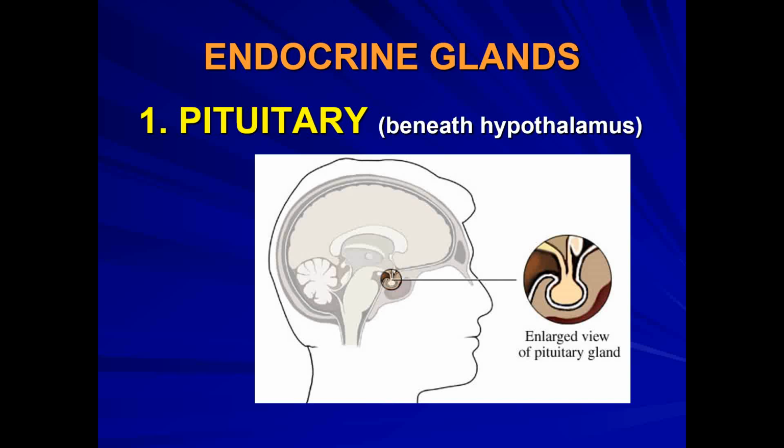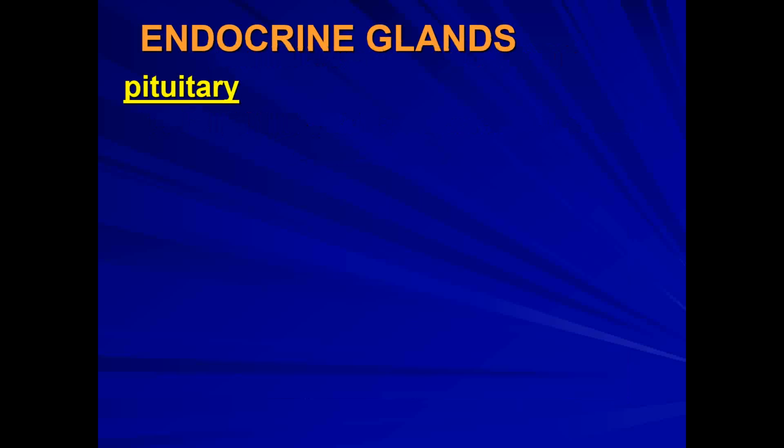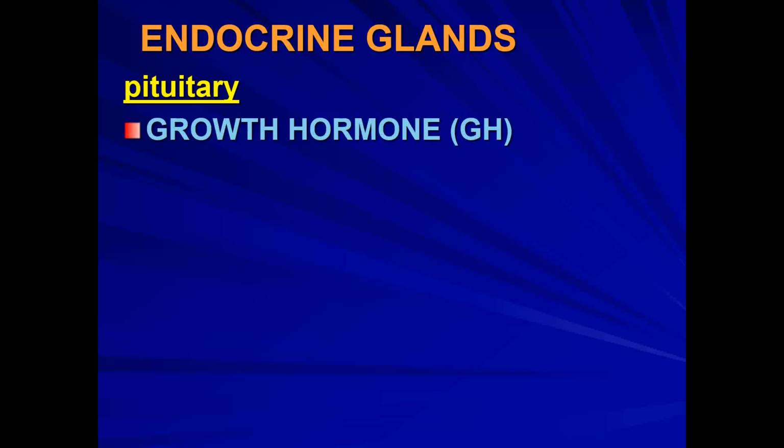The pituitary gland is often referred to as the master gland in the body because it not only secretes lots of different hormones, but it secretes hormones that control other endocrine system glands as well. So lots of things are coming out of the pituitary gland. For example, the pituitary gland secretes growth hormone. Now you're going to see abbreviations throughout this entire chapter. GH for growth hormone. Pretty much in the endocrine system, H is always associated with hormone as an abbreviation.